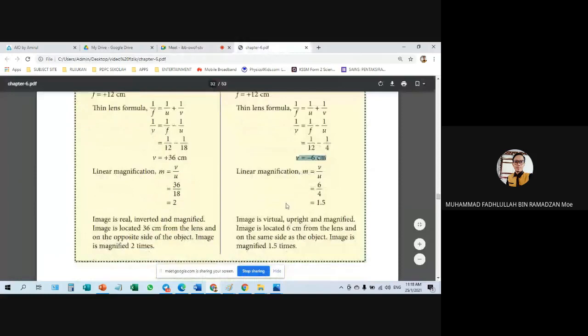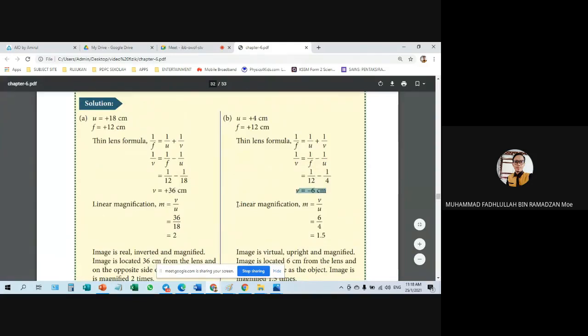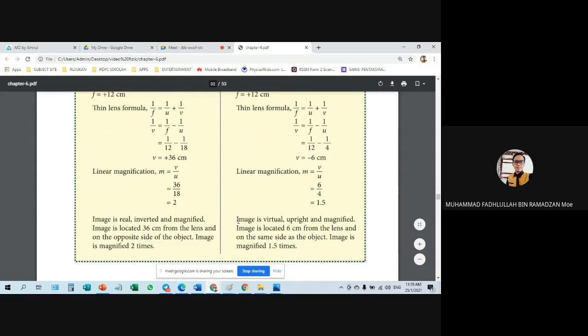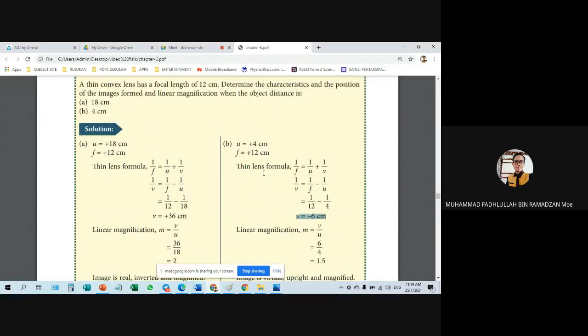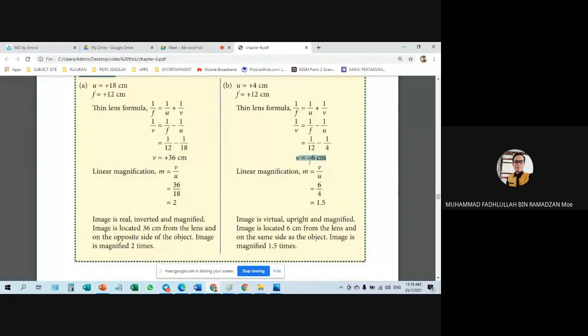Okay. So walaupun dekat sini V negatif 6 cm, tapi untuk linear magnification, kita tak ada positif negatif pun. Okay. So abaikan saja dia punya value negatif tu, buat saja 6/4, so that kita akan dapat 1.5. So same, image is virtual. Sebab apa? Kita dapat negatif. Kalau positif tu tadi, kita anggap sebagai real. Kalau negatif, dia dah opposite. So image kita akan dapat adalah virtual,